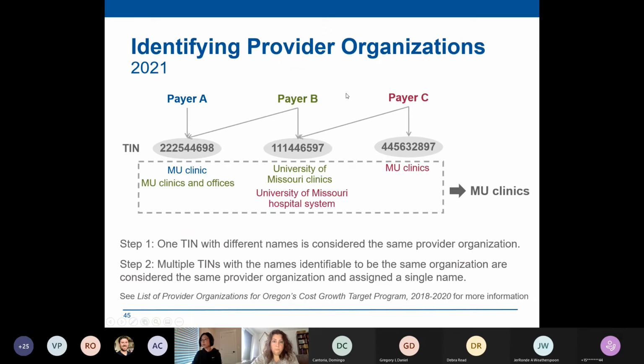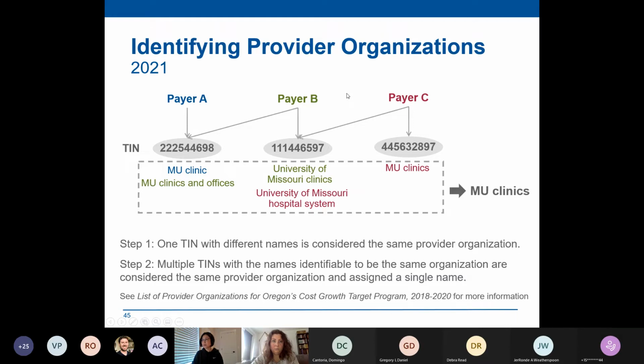Here is an example of how we rolled up the teams, where multiple teams could be rolled up into one single provider organization. In this example, payer A reports the team starting with 222 with the name MU Clinic. Payer B also reports this team, but with a slightly different name, MU Clinics and Offices.